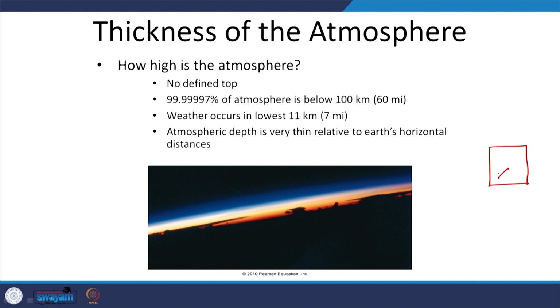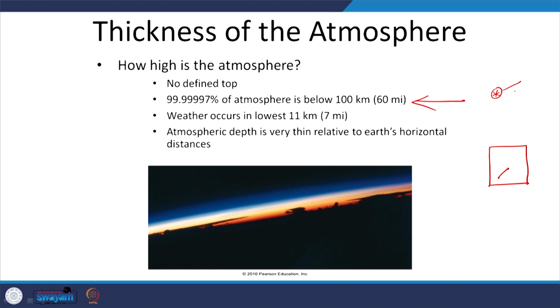Now, in the lower atmosphere, the mean free path is very, very small. That means it is very densely populated. When you go to these heights, there is no such thing as collisions. Each molecule travels for several hundreds of kilometers before it encounters another collision with a molecule. So, that is how rare the medium is. So, we should not say that the atmosphere ends at a particular limit. Rather, it is more appropriate to say that the atmosphere is very diffused beyond, let us say 60 miles or 100 kilometers. And the most important thing, like we have seen already, is that atmosphere of course is from 0 to, let us say 800 or 900 kilometers.